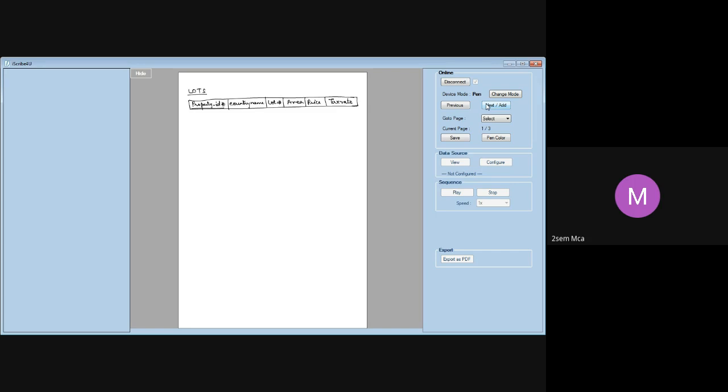Now, here, this is a candidate key. Okay, and then we have certain